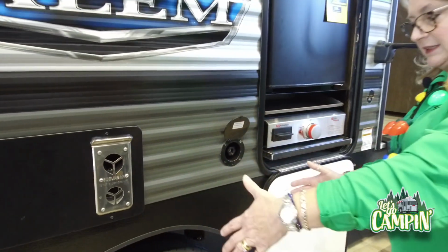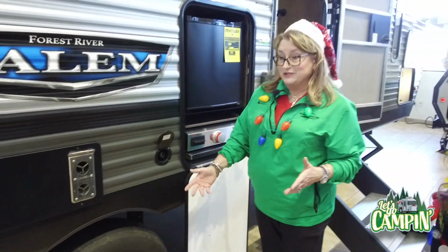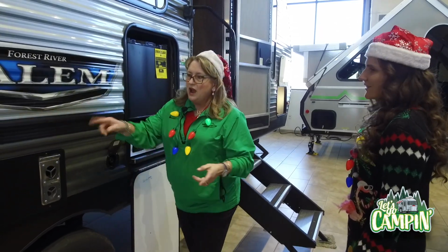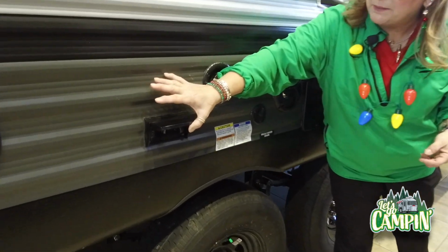And you can actually set up a little table here with a wash pan, and it's not too different from being in a tent, but you've got ready water at your site. You don't have to carry it. Very nice. Down here, you're going to have 110 ground fault interrupter circuits, so you could set up an air fryer